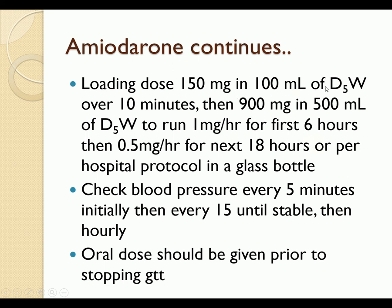150 in 100 mLs of D5W over 10 minutes, then 90 to run at 1 milligram per hour. Then for the next 6, 0.5 per hour, and then for the next 18. So also you'll usually have a protocol on how to give this, and it's given in a glass bottle. With this one, you're going to check blood pressure every 5, then every 15, and then hourly. So this one's a little bit different, or per protocol. The oral dose should always be given prior to stopping the drip and converting over to